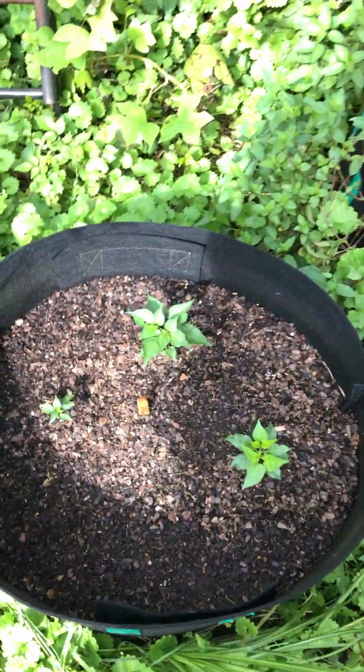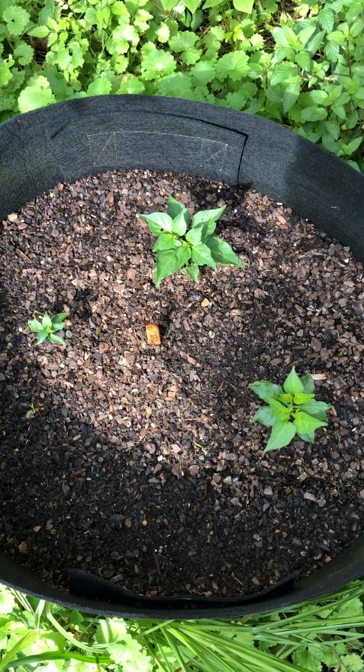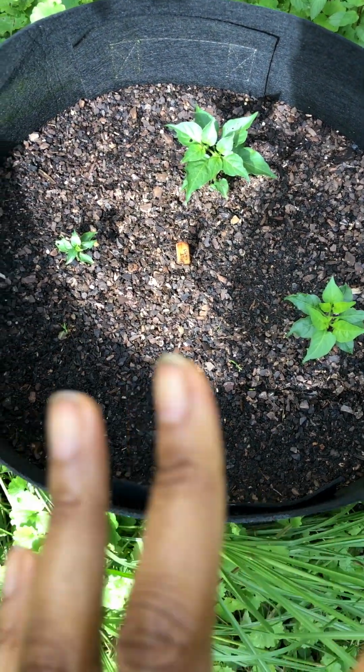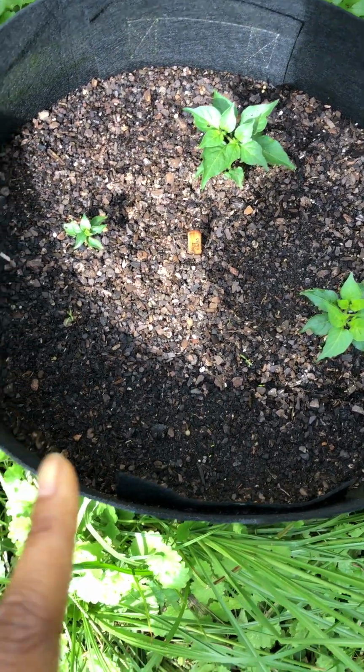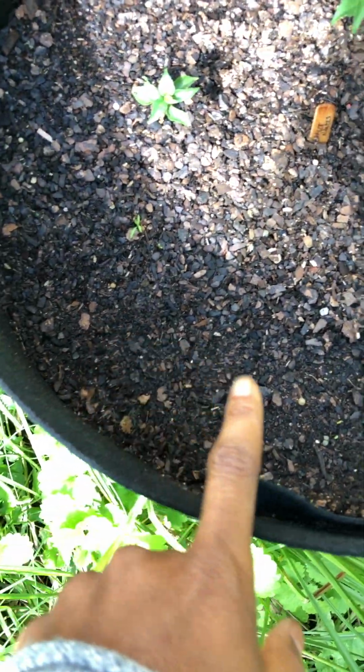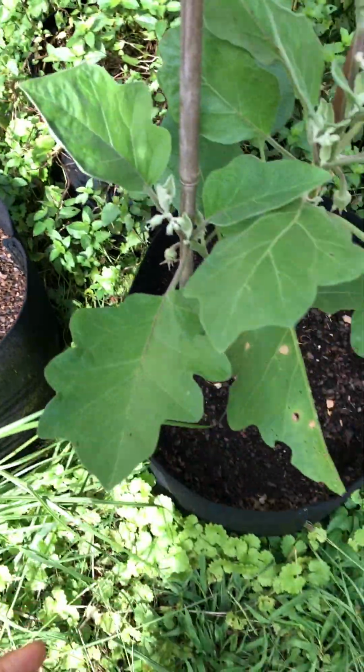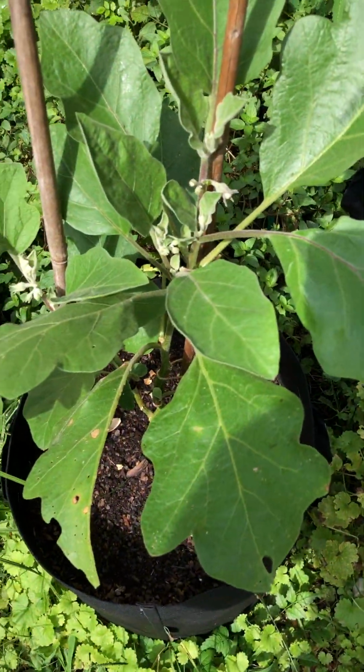These are the other volunteer red Bikinos that I ended up transplanting and putting into this grow bag. I also have Scarlet Nantes carrots popping up here. Here is one of my